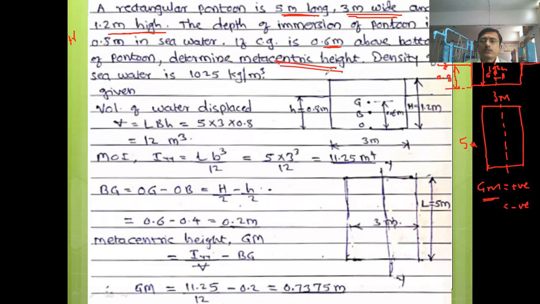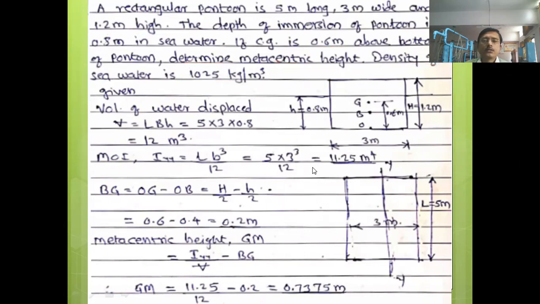Here we have to find out the value of the metacentric height. The density of sea water is 1025 kg per meter cube. Generally, we take the density of water as 1000 kg per meter cube, but here the density has been taken like this. What is the reason behind that? Because sea water contains a large amount of salts. Mineral salts are there, and because of these dissolved salts, the density of sea water is somewhat more as compared to fresh water. Okay, so this is the problem up to this.